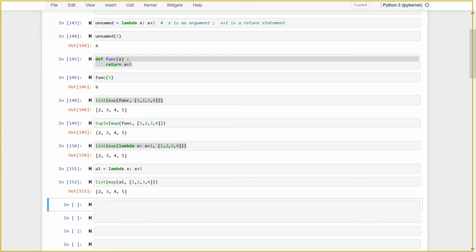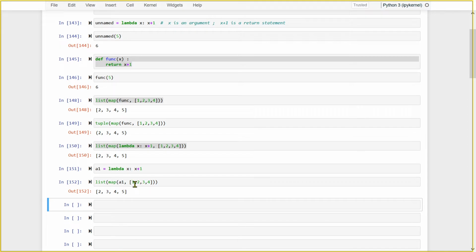So that is what map is doing. Map is making use of lambda. Having understood what lambda is, now let us focus on map. See what map is doing. Map takes a function and it takes an iterable. From the iterable, it takes one element and passes it on to the function. Then the function returns something that it accumulates.